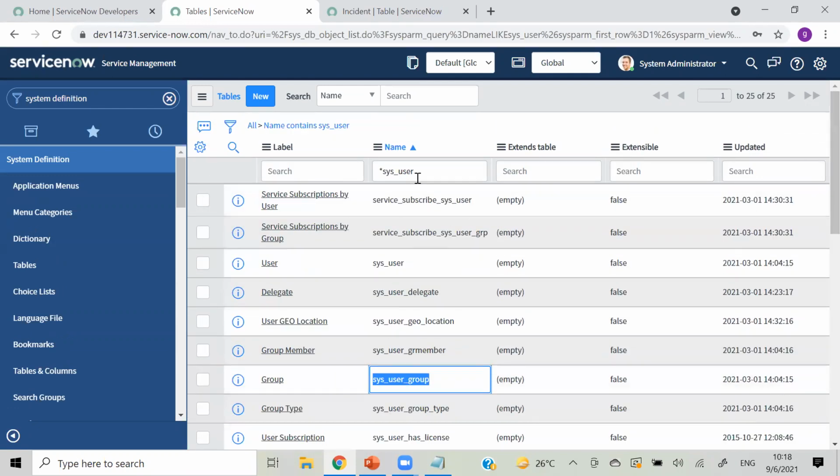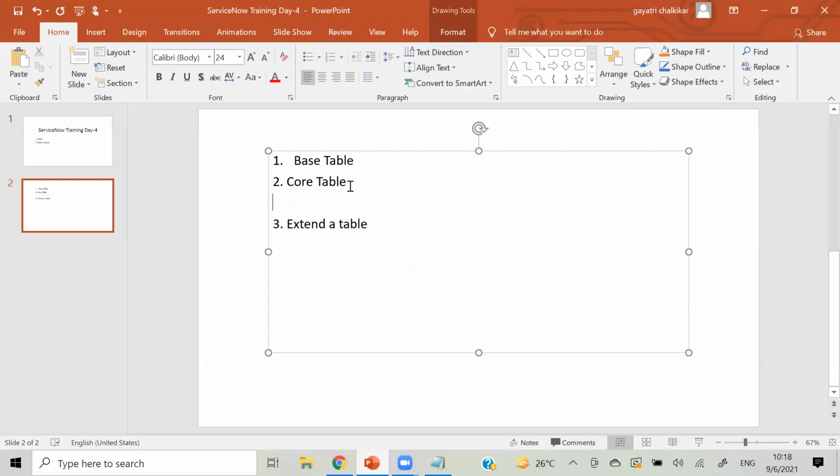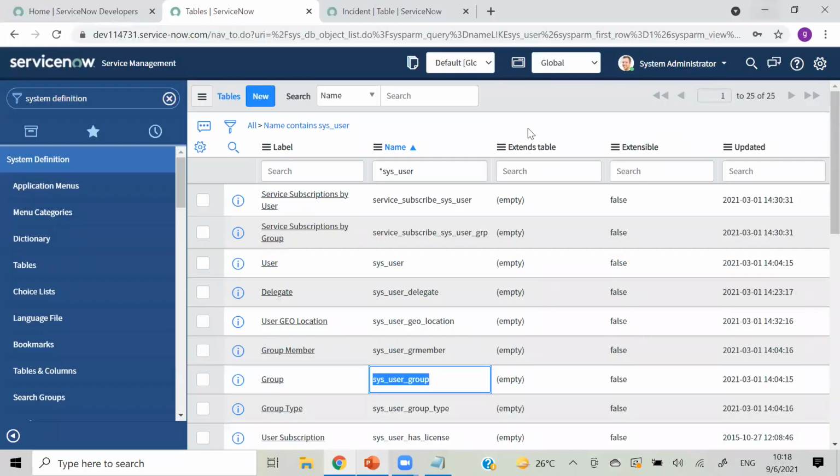And like we have the base table, core table, and then we have the custom table. Custom tables are the tables which we create by ourselves. We will create a custom table in a few minutes, like we will create a demo table. But first we will cover the concept of extending a table, what is a parent table and what is called a child table. We have the same concept in .NET also, so that will be easy for Rohit and Sharath, but I'm explaining this for Sai Kiran and Sohel's purpose.